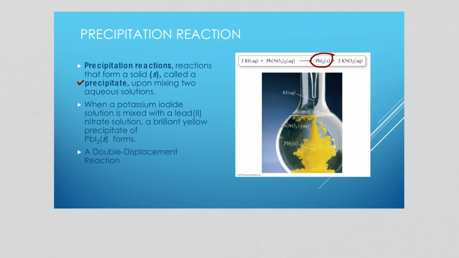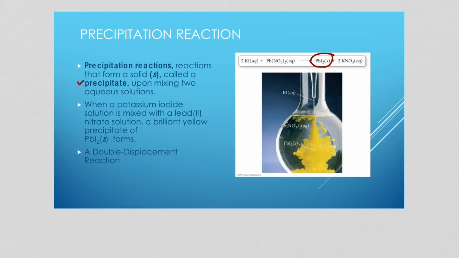If we look at lead iodide with our solubility rules, remember we would see that if you have an I- ion, the iodide ion, it's going to be soluble unless it's paired with silver +1 or lead +2. Well, we have lead +2 here, and so we have an insoluble compound, or something that forms a solid during